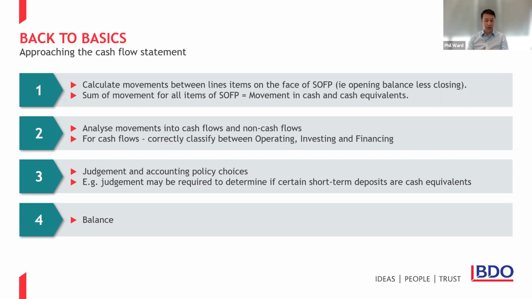You might have items that sit in various pots. So as an example of that, you might have an overall accruals balance that includes loan interest liabilities, construction accruals, or general accruals. So each of those sit in a different pot. So your loan interest movement is part of your financing cash flows. Construction accrual movement is part of your investing activities movement, and general accruals will probably most likely sit in operating activities. Step 3 is where judgment needs to be applied.